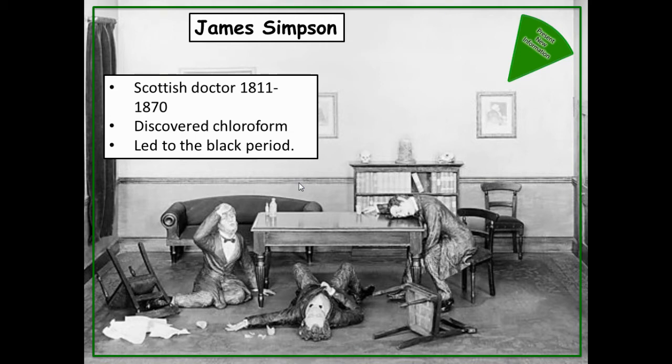This discovery of anaesthetics and chloroform as an anaesthetic actually led to something called the Black Period, which is where deaths increased in surgery. That was because people were doing more invasive surgery. They were going deeper into people's bodies and for longer. And so actually, surgeons who weren't washing their hands, weren't washing their tools, weren't washing their clothes would go into surgery. And then because the patient was asleep, they could spend a lot of time operating on that person, going deep within their body. And the problem was that led to a lot more infection.